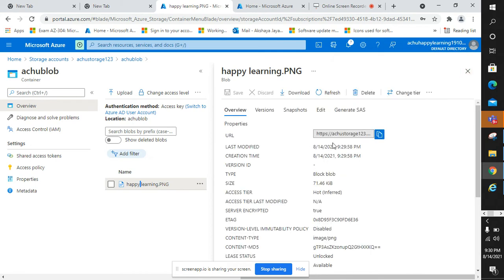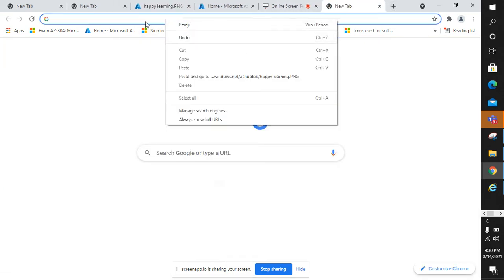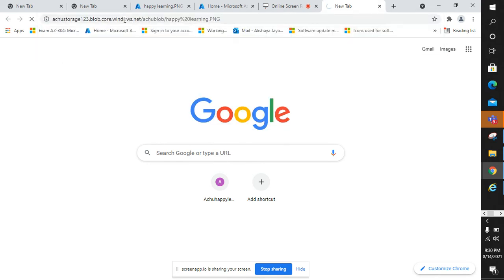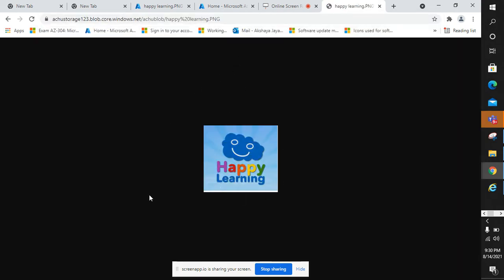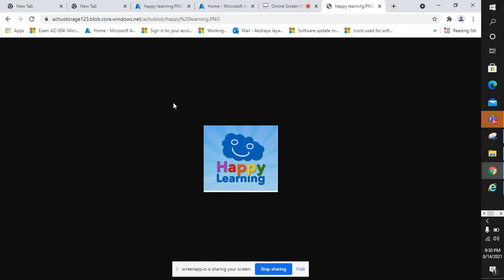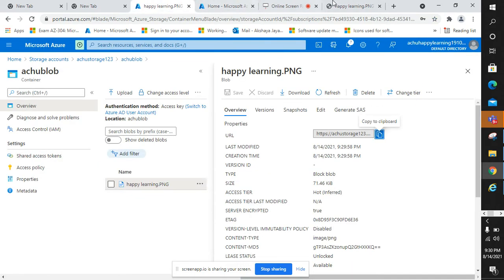And now see, you have the URL in place for accessing this. I told you earlier it is an interesting topic, because now I have the URL. I'm copying it, opening a new tab, and pasting it. Done. Here I can see the image in place. This is why I said it is interesting, right?